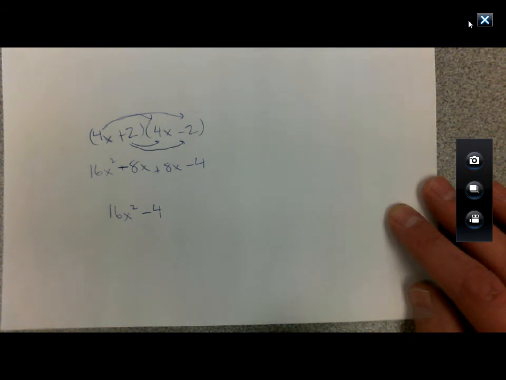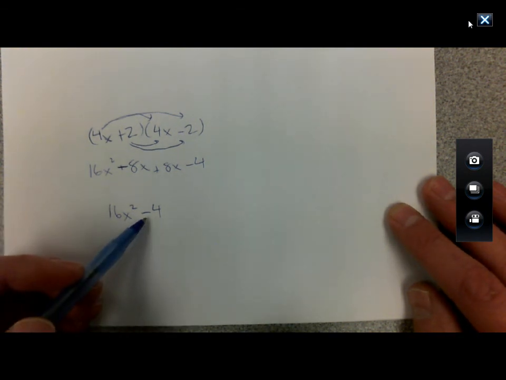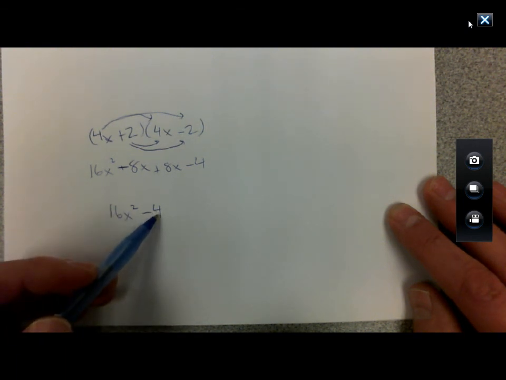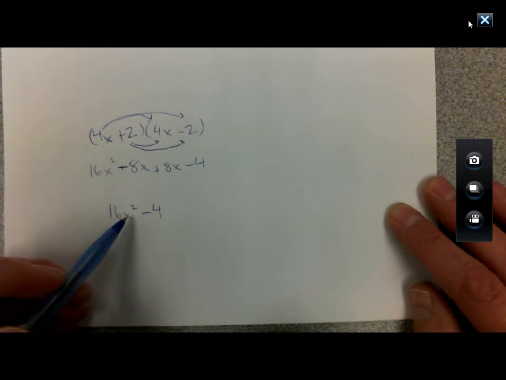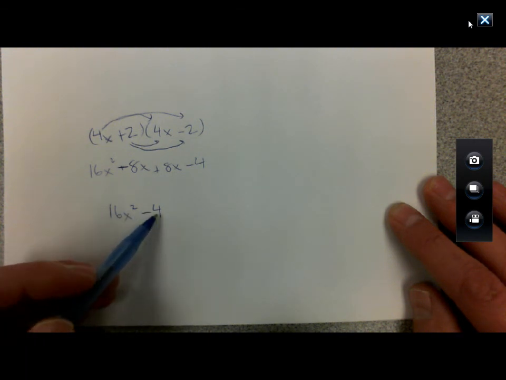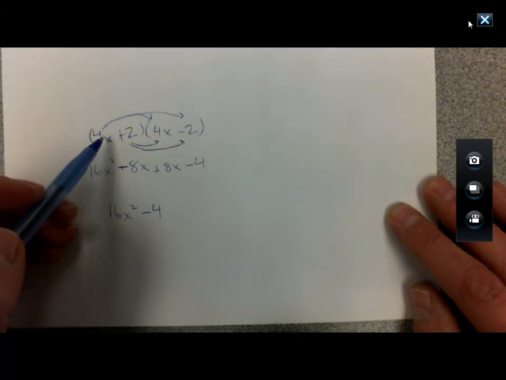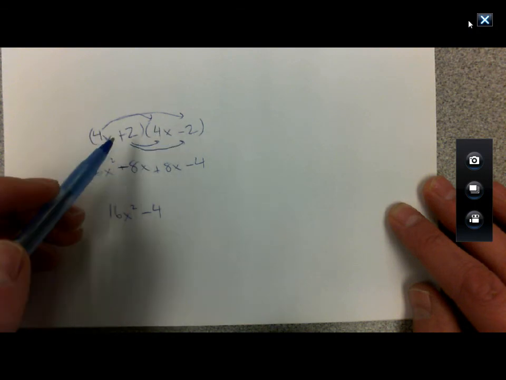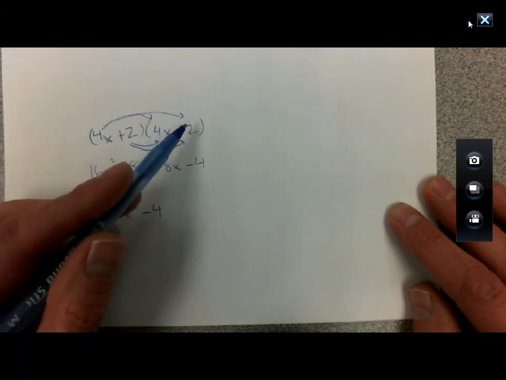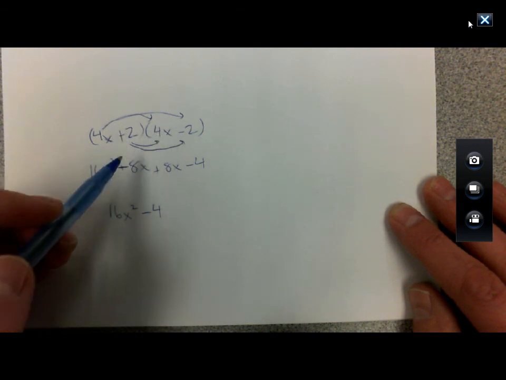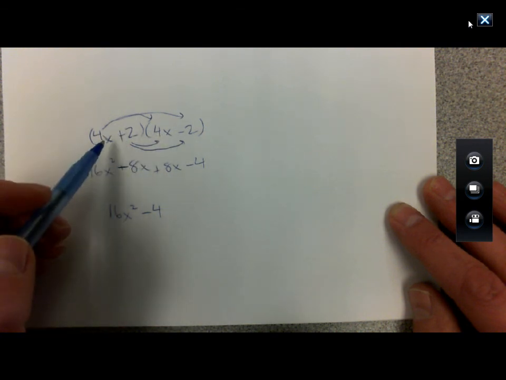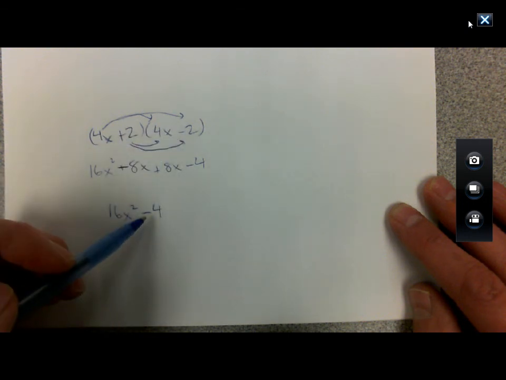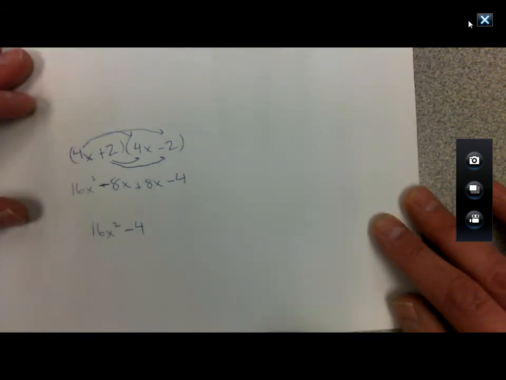And this is why it's called the difference of perfect squares. It's subtraction. 16 is a perfect square, 4 times 4. 4 is a perfect square, 2 times 2. X squared is a perfect square, x times x. So we have a difference of 2 perfect squares. And that works out to be the same thing, one adding and one subtracting. So if you see these conjugates, something plus something and the same thing minus the same thing like this, we can skip the middle step and say, well, it's just going to be 4x times 4x, 16x squared, 2 times 2, minus 4. So in general,